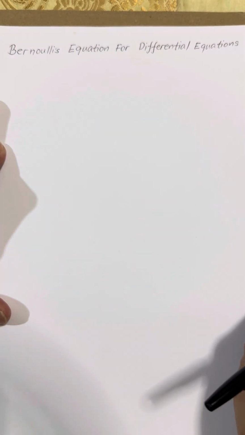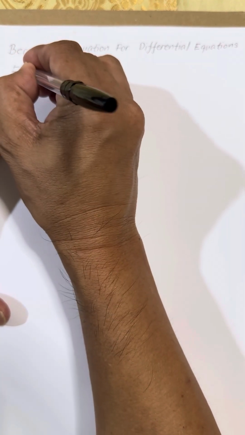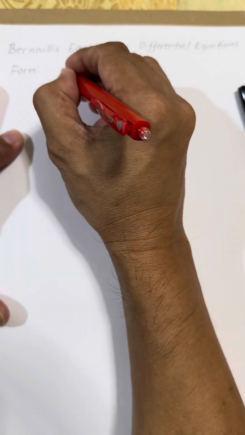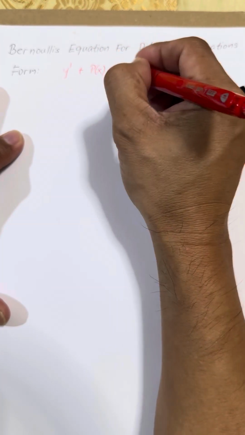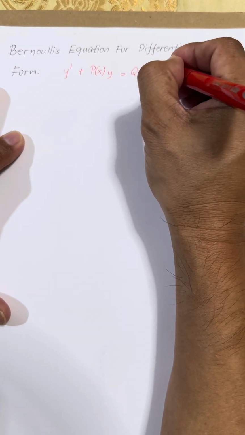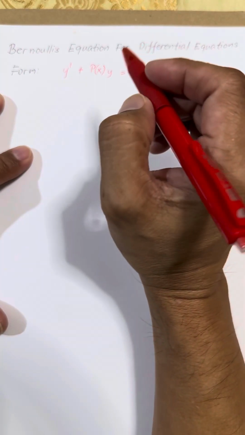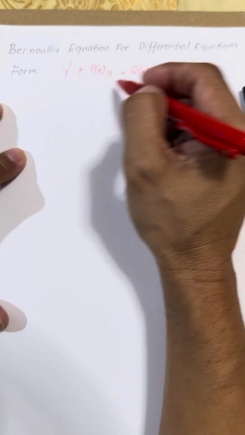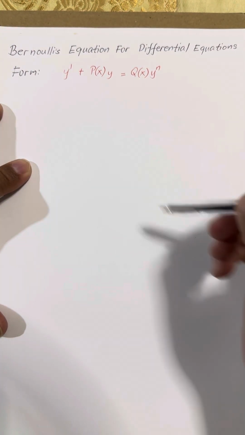If we can transform that into a Bernoulli equation, which is in this form, y prime plus a function of x times y equals another function of x multiplied by y to the power n. So this is what we call the form of the Bernoulli equation. If we can transform the given differential equation into this Bernoulli's equation form, then we can solve it using the